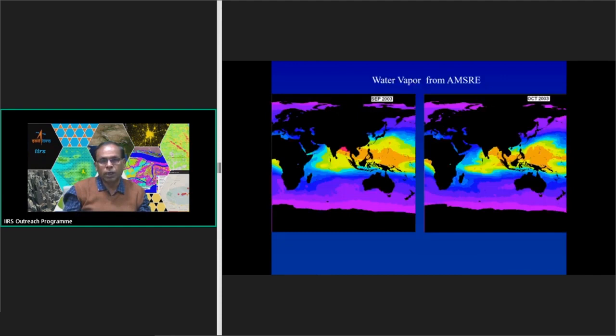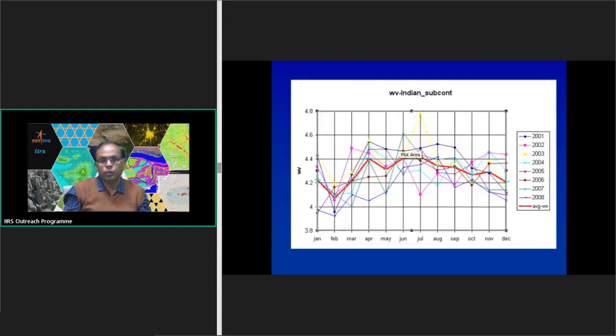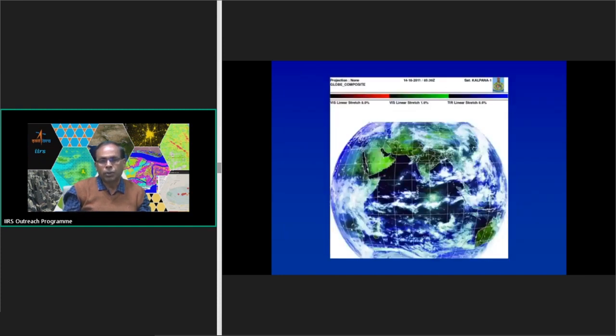This is the water vapor concentration from MSRE data, and this is the monthly average water vapor concentration from the MODIS. And this is the average variation over the Indian subcontinent. And apart from that,